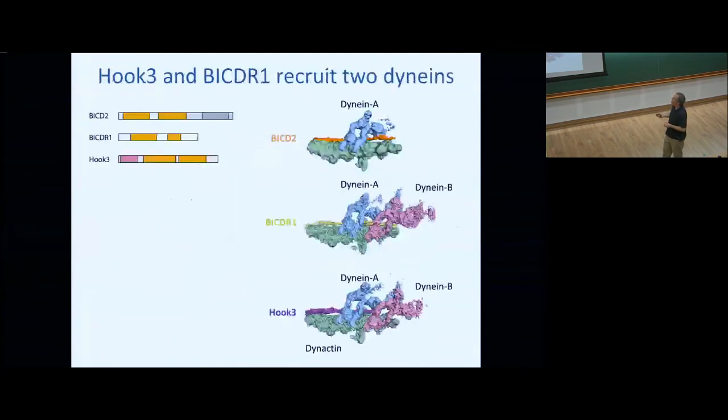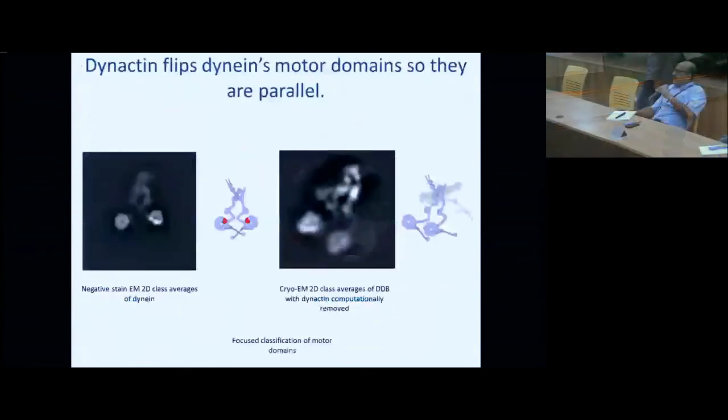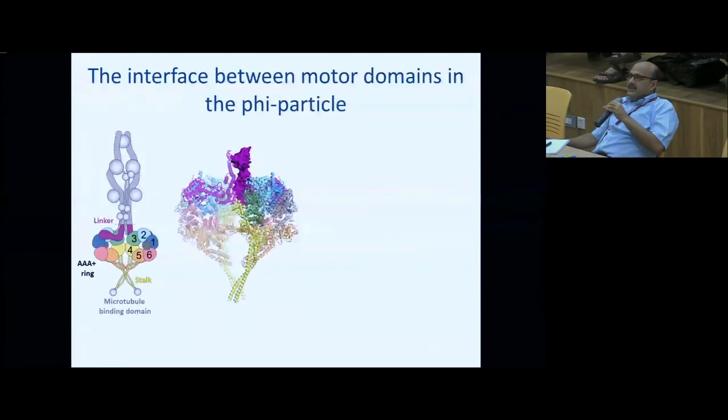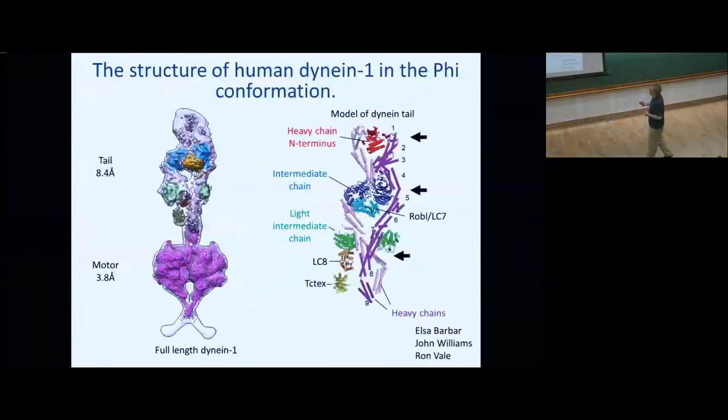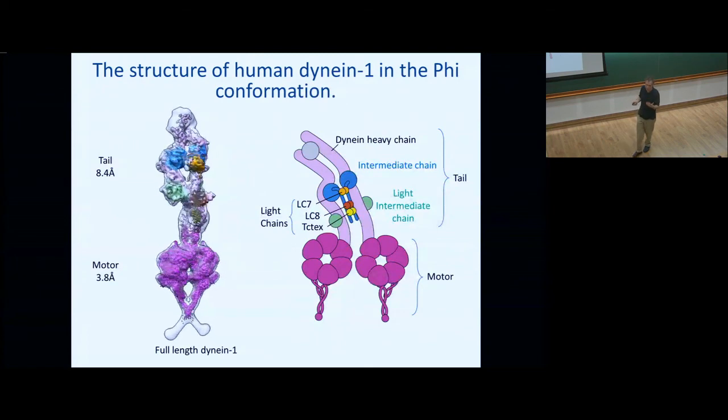Oh yeah, LC8 is cool. It is critical in dimerizing IC74. So the LC8 and TC-TEX, perhaps I could go back to this model. You've got the intermediate chain here, and then you've got the long N-terminal extension, and it's zippered together in 3 places by LC7, LC8, and TC-TEX, and we know that from the structural work from the Barber and Williams